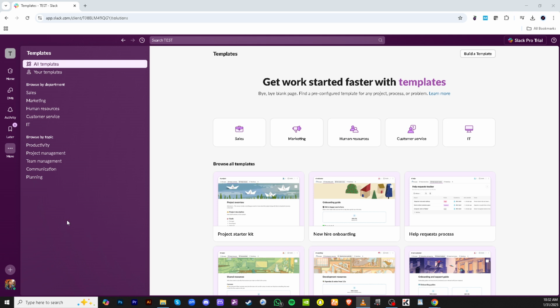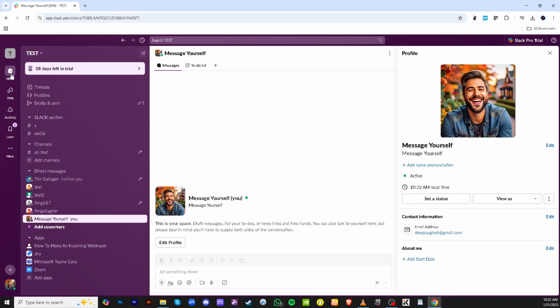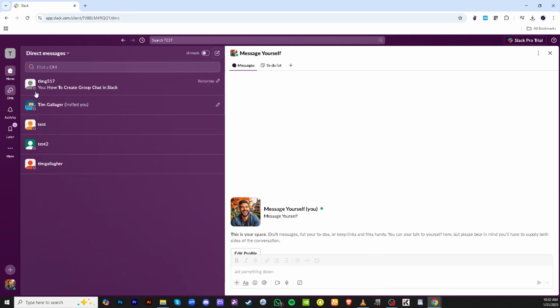First, you'll want to open up Slack on your desktop or mobile device and navigate to the home page. Here you'll find the search bar prominently displayed at the top of the interface. This is a powerful tool that allows you to search a variety of things across Slack, but today we're focusing